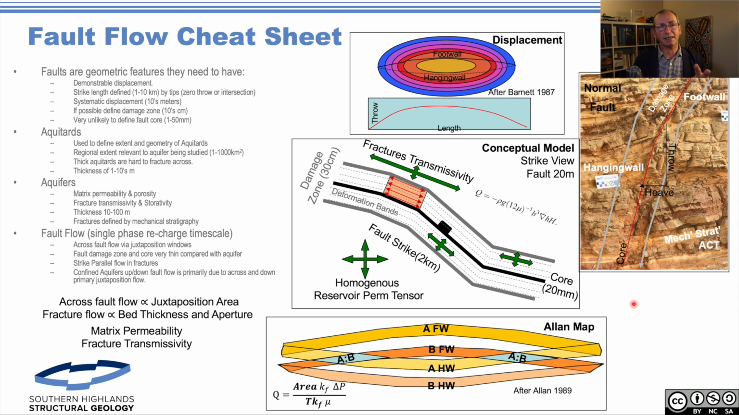So what I've put together, and I'll put this up on our website, and I may end up just doing almost a TikTok, is a fault flow cheat sheet. This is a little cheat sheet that's intended to be put up as an A3 diagram plotted up on the wall, just as a reminder of what to think about with the faults. Fundamentally, faults are geometric features. They're not permeability features. They're geometric. They need to have demonstrable displacement. And I've put some numbers in here just so you can keep running back,